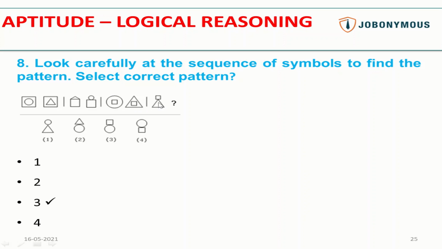So here this comes from this, triangle is there, and then top. So the next will be circle, and on top of that circle there will be the square. So by this way you can solve this question. You have to think what pattern these images are following.